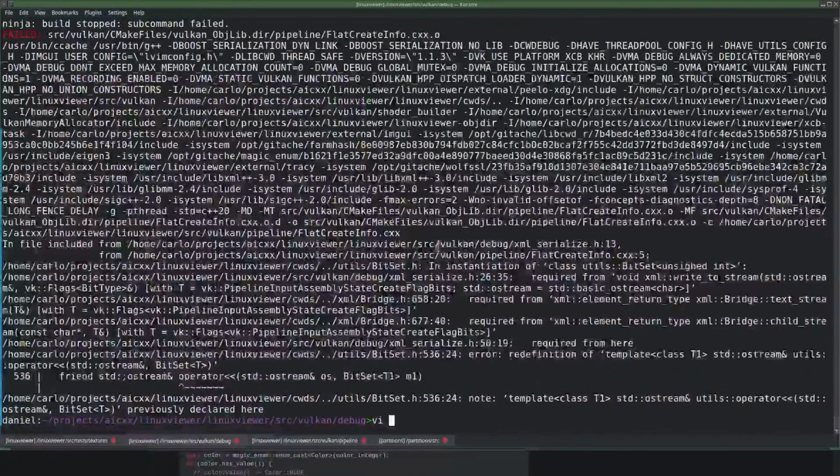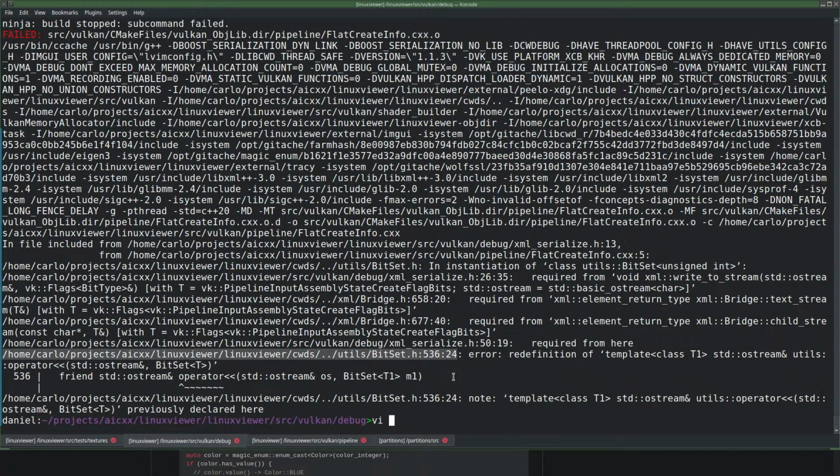What? Required from XML write to stream. Required from, redefinition of utils operator less than bitset T. Previously defined here. That's strange. Exact same line number. That gives us hope.